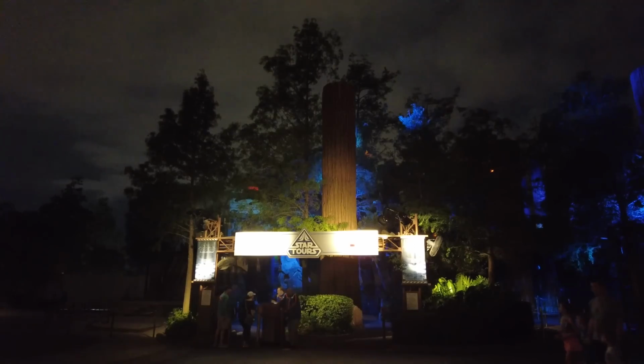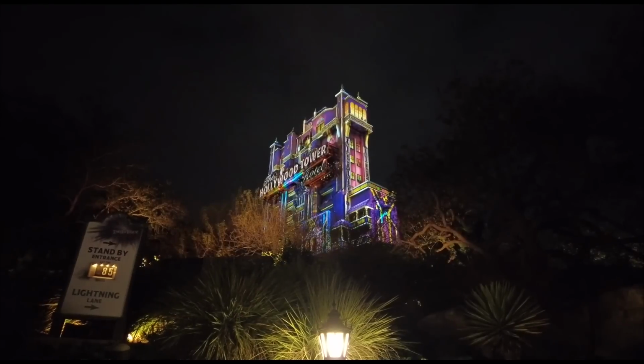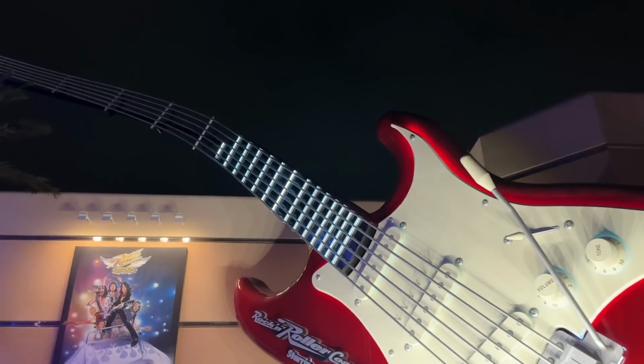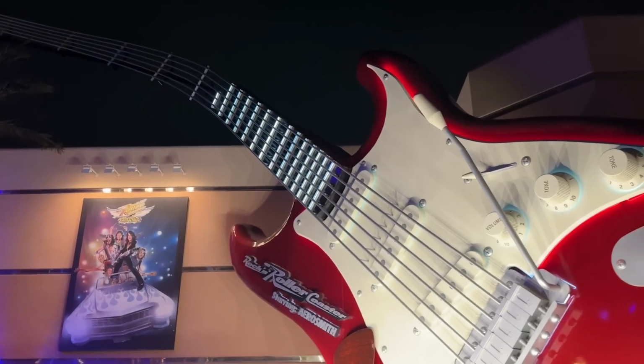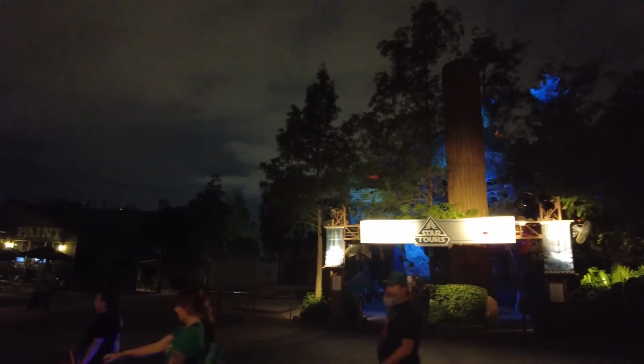Now, this is a pretty hard park to choose a worst attraction at. There are a ton of bangers here. Beyond Star Wars, Rise of the Resistance, you've got Millennium Falcon Smuggler's Run, Twilight Zone Tower of Terror, Slinky Dog Dash, Toy Story Mania, Rock 'n' Roller Coaster starring Aerosmith. There are a lot of very, very good rides here, so it's hard to pick the worst one. But I do think the two you put on top of the loser pyramid, I guess,